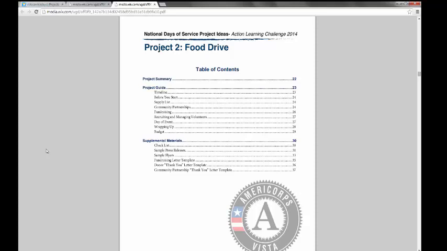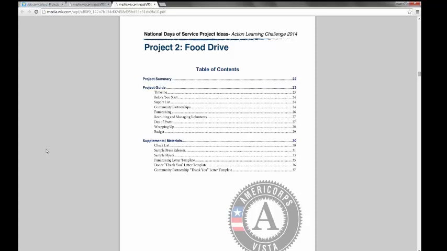So you notice on page 21 that we have a table of contents. We love table of contents in our group. We have many of them. So you'll notice that there is a project summary, a project guide, and supplemental materials. And we broke these down to make it easy to find specific information within each guide. And each item on this table, such as the subheaders like timeline, before you start, those things all have the same subheader to make them stand out and make them easier to find.